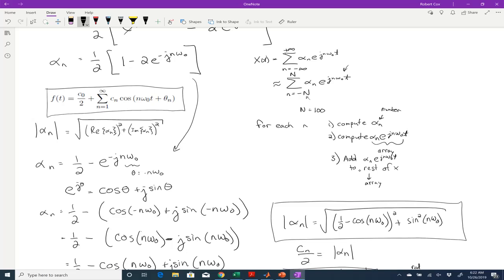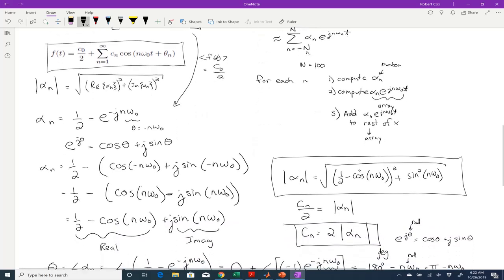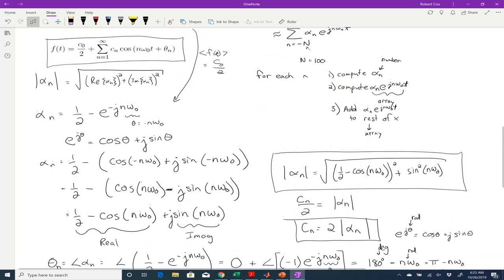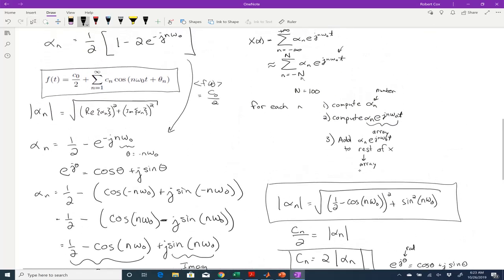You learned that when you first learned sine and cosine. So that means that if I took the average value of f of t over any period, it would be C naught over 2. All right? So what that tells me